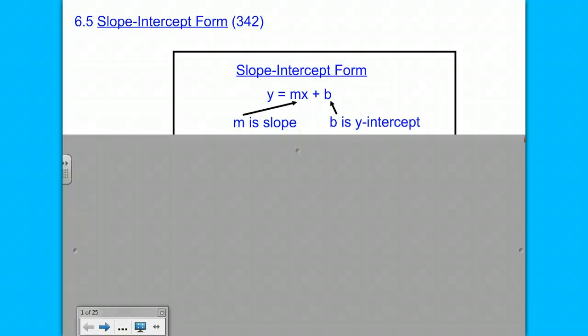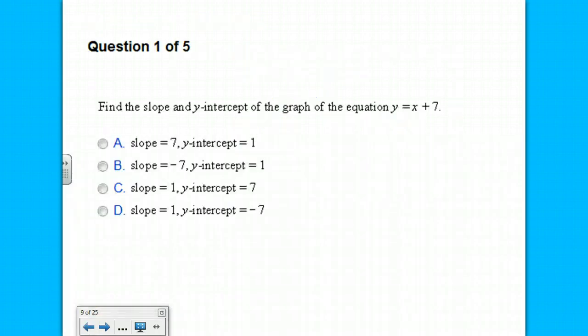Okay, we're in day 2, so this is what we started yesterday. We started talking about slope-intercept form, and we're going to continue using that today. Please try this question and come on back and check and see if you agree with that. And the answer, 3, 2, 1. C. Good job. So we don't see a number in front of the x, and so we know that when